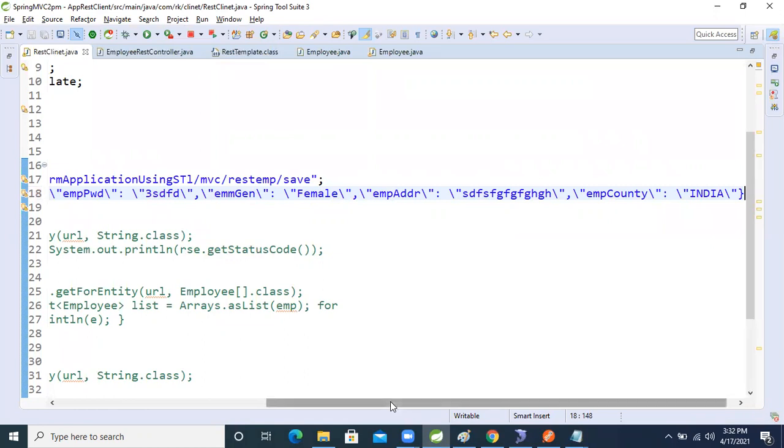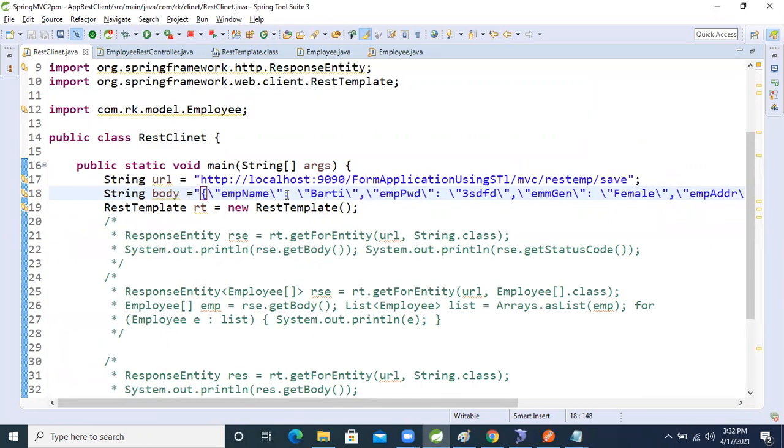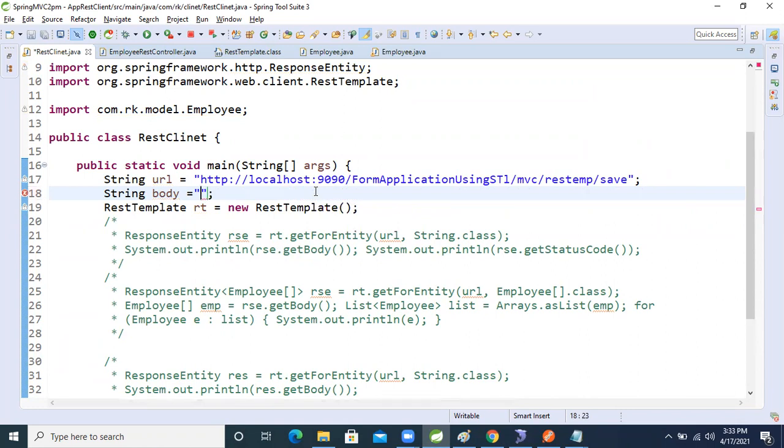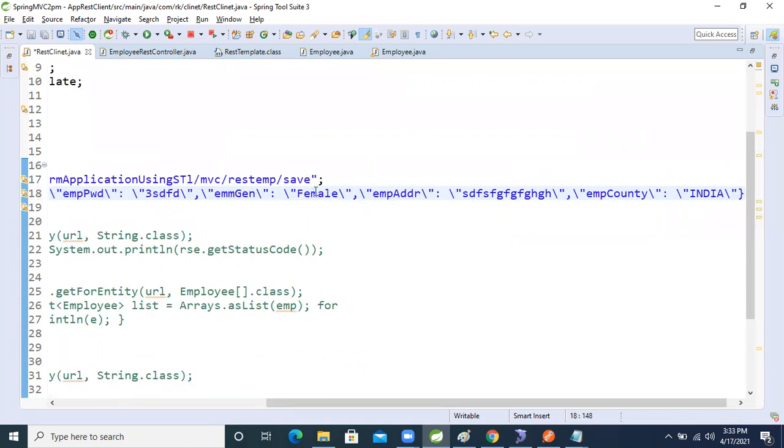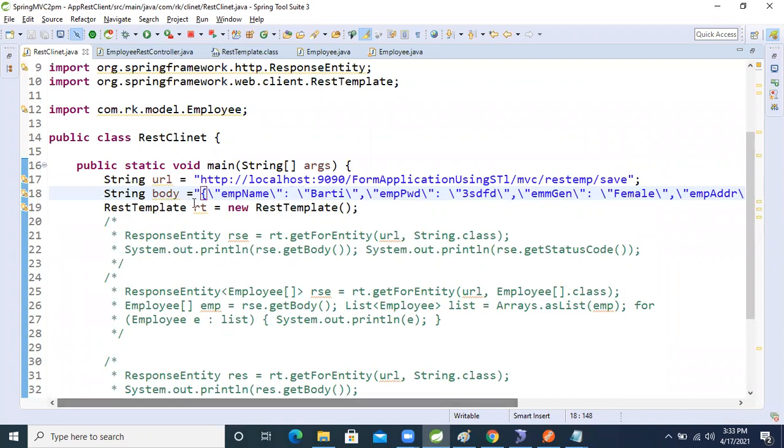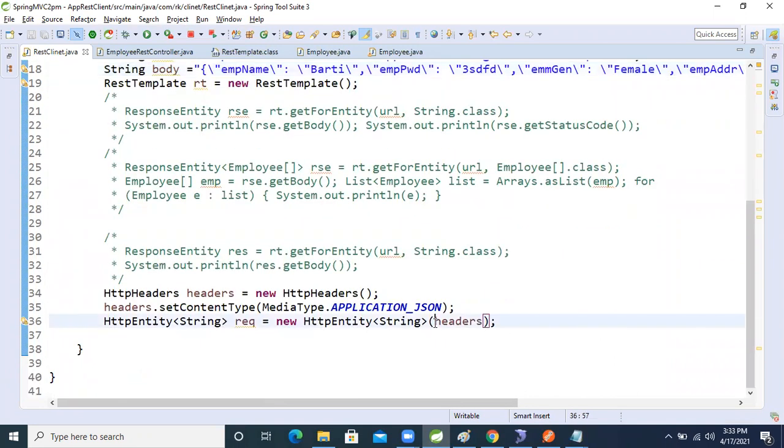Yes, now fine guys. This one is separating, right? This colon is there, and this slash symbol. Whenever we are converting this string to JSON, we need to denote these strings, right? So this is our JSON data. Same like here, we need to pass this as the body also. This JSON data also. Now fine.